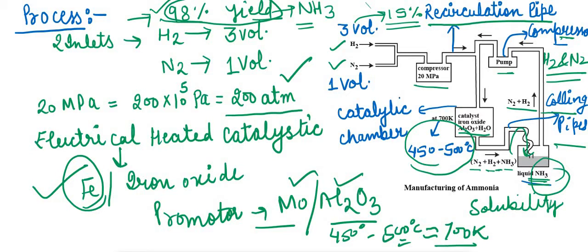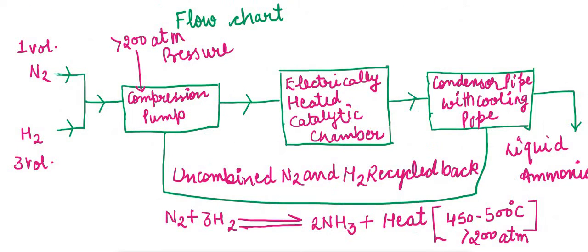That ammonia produced is always stored in the form of a liquid at a very high pressure. So that is the complete Haber's process. Now we are looking at the flow diagram for this Haber process. That is a flow diagram showing the process, the flow chart for the